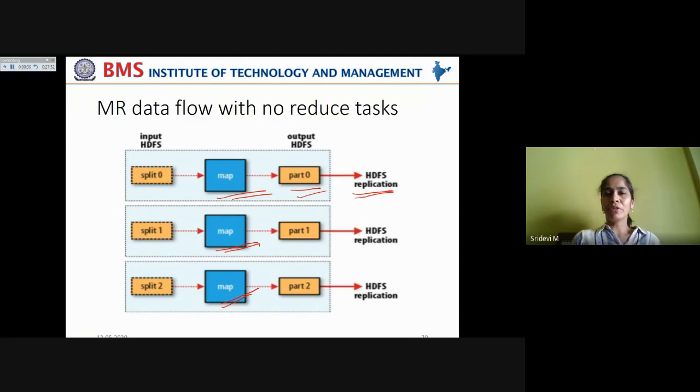If we are not using any reduce task, it means we don't want the result to be consolidated. We want to write the map output as it is to the files on HDFS. That is why we omit the reduce task, because we don't want any consolidation of the map output. We write all the output directly to HDFS files, maintaining the default replication factor.